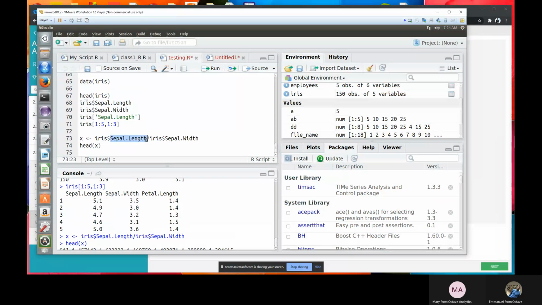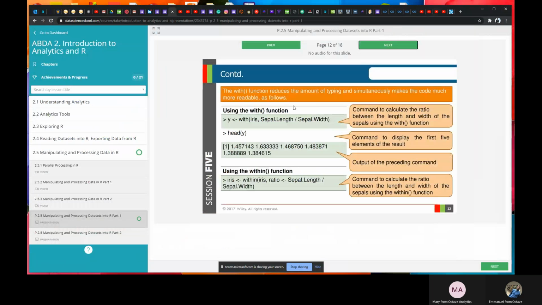But using the with command, I don't necessarily have to write it out explicitly like this. As you can see on my screen here, I'm saying that y is equal to with, I specify the data iris, then I can just write the column I want divided by the column I want. So in this way, Sepal.Length divided by Sepal.Width. So I don't need to write iris$Sepal.Length divided by iris$Sepal.Width.